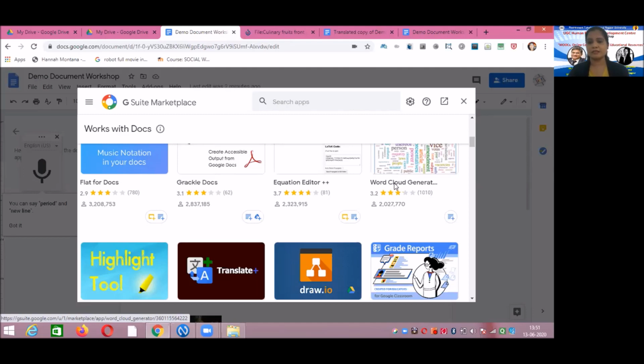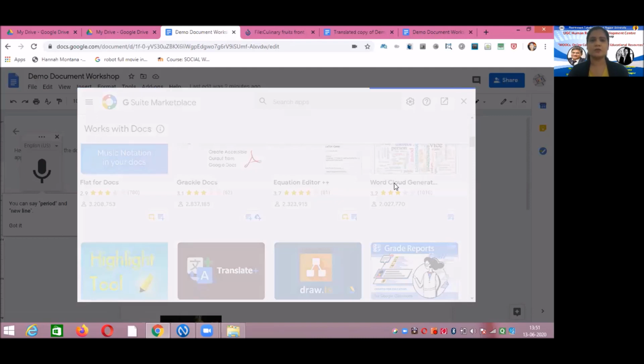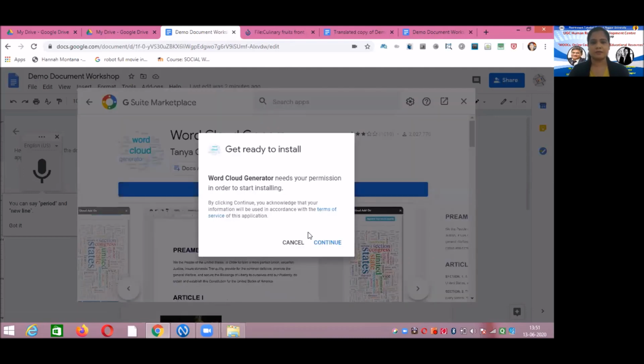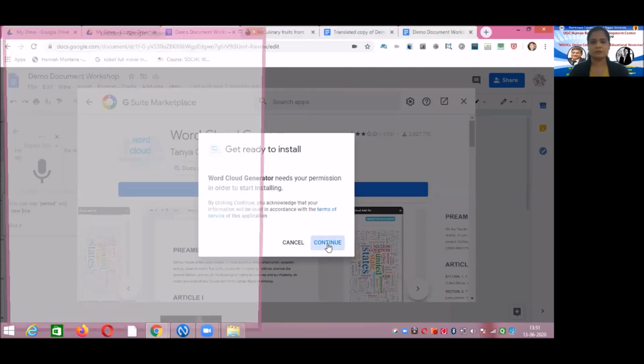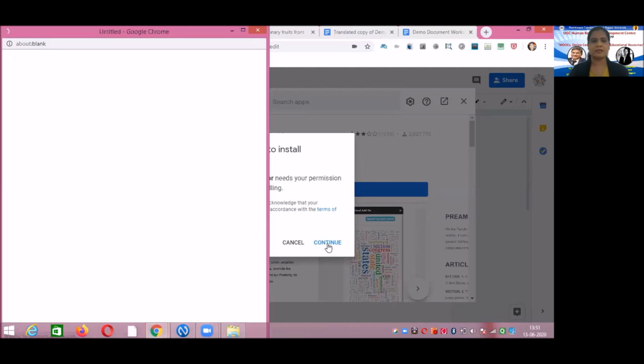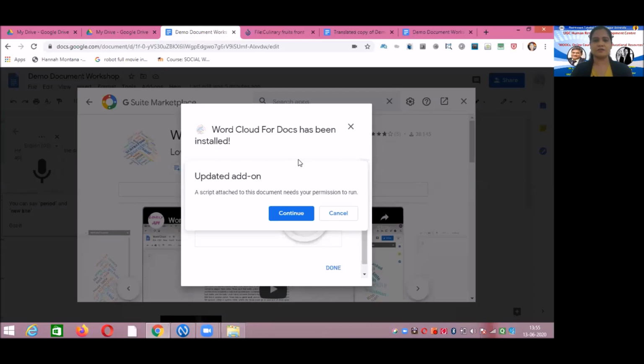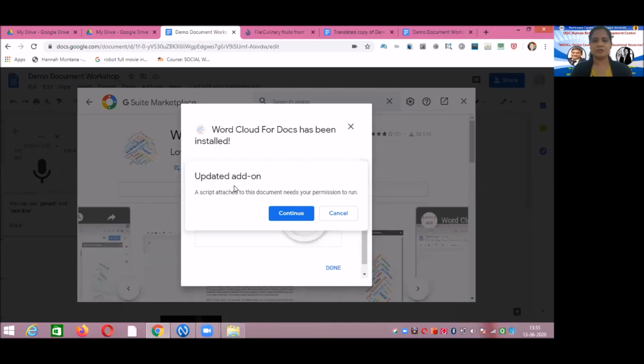So I'll click here. You can just explore other add-ons also, and then click on install. Click on continue. It may ask for a sign in option. So friends, after installation, a script attached to the document needs your permission to run.